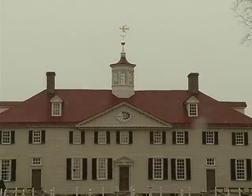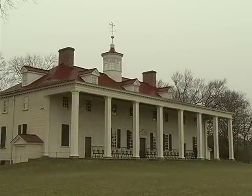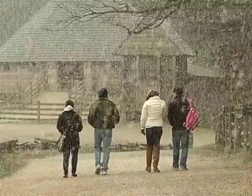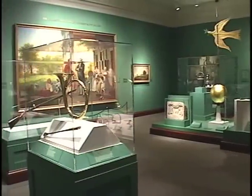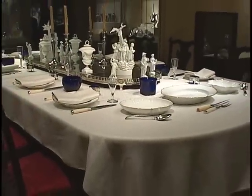Winter may be in full force, but George Washington's Mount Vernon Estate, Museum and Gardens is open to visitors for year-round discovery. Come to Mount Vernon and tour Washington's home, explore the grounds, and enjoy interactive displays in the museum. And starting this month, visit Mount Vernon for an intimate view into George and Martha's home life in a much-anticipated